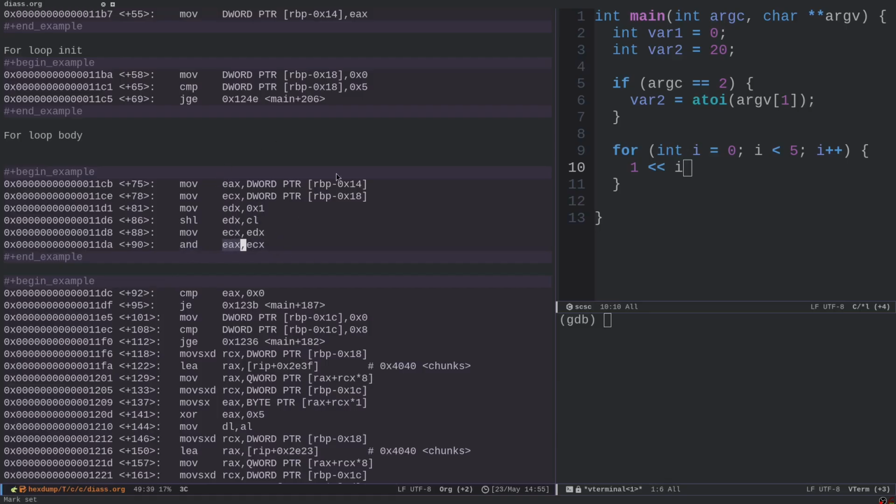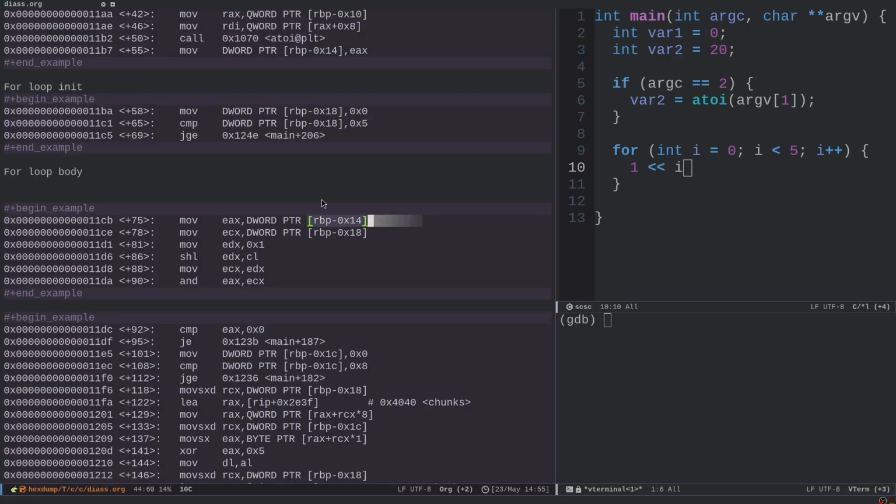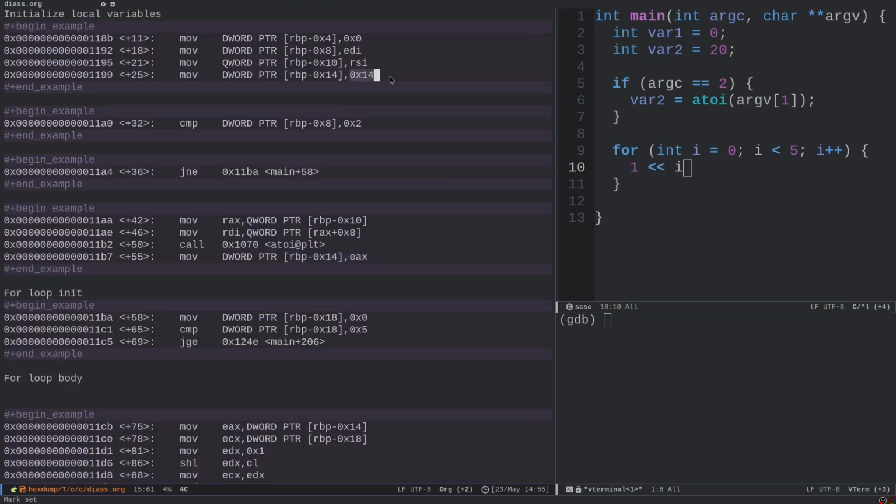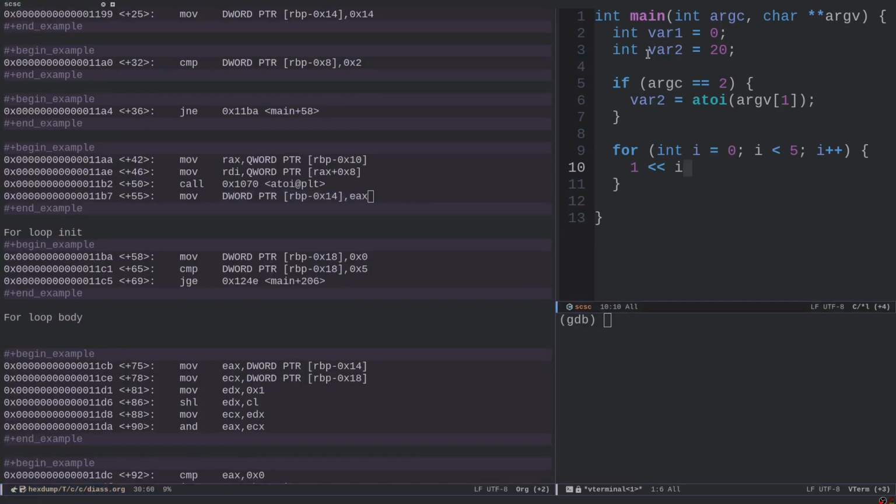And EAX contains this local variable, which is the original one that we initialized with 0x14 and that we updated after the atoi call. So basically this is var2. So var2 and this thing. That is the value that we are